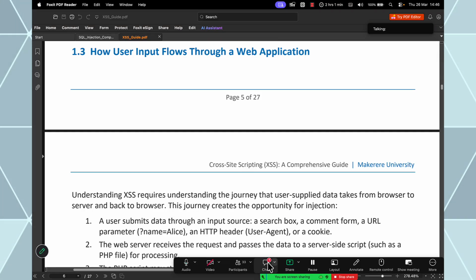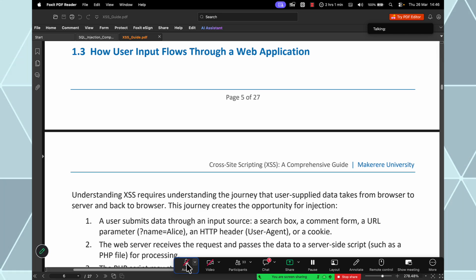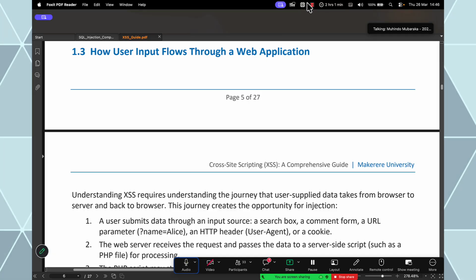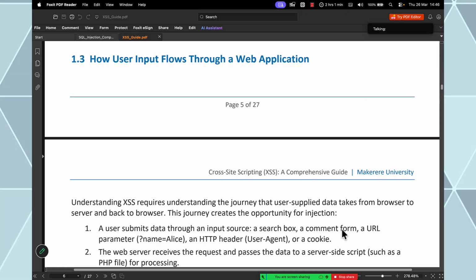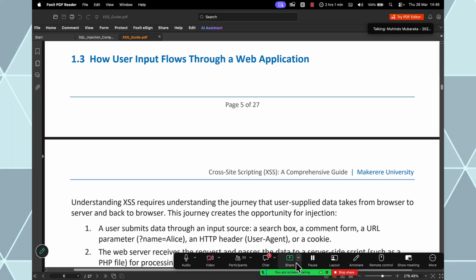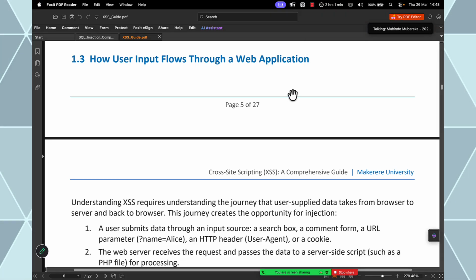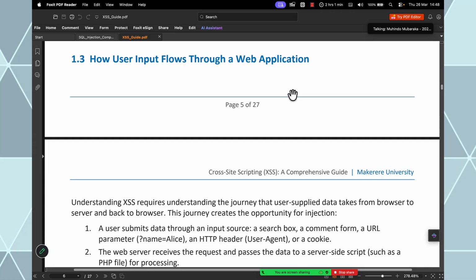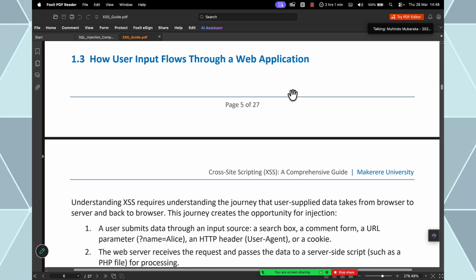Give me 30 seconds. Just one minute, and we start with this chapter as we breathe. So I said that before we do what? Before we look into